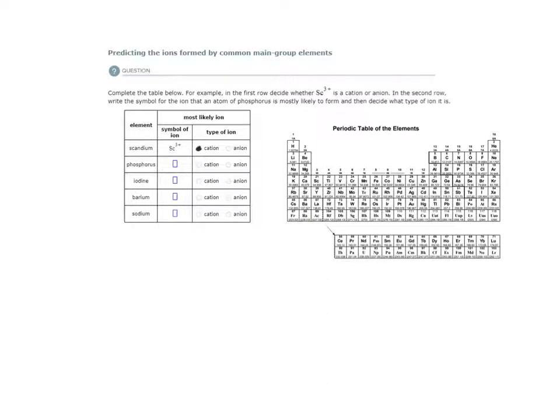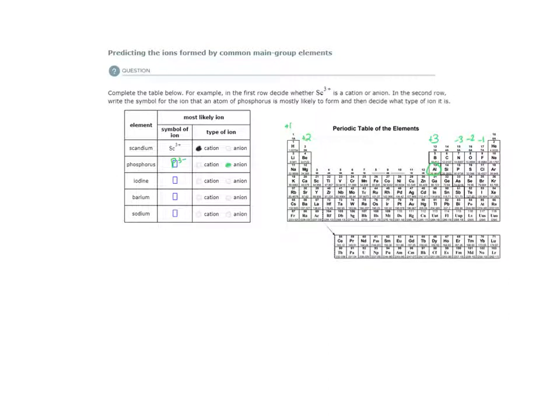Let's find phosphorus. Phosphorus is over here. It is a nonmetal. If we remember our pattern, these nonmetals typically form anions, the halogens, anions with a charge of -1, -2, -3. Our metals form cations with a charge of +1 in group 1A, +2, and then aluminum +3. So because phosphorus is a nonmetal over here in this group, we can predict that it will form an anion as a nonmetal with a charge of 3-. So phosphorus, P,